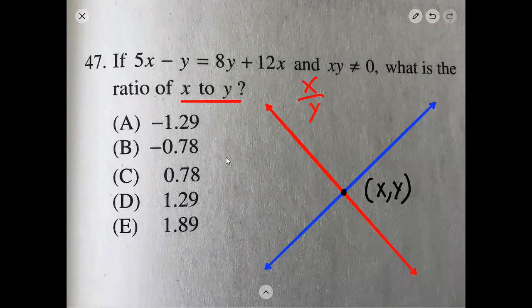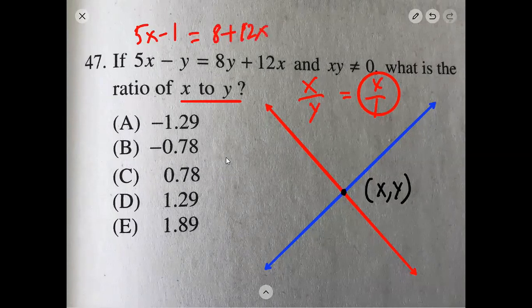Now, the way that I would do this is I would plug in a value for y, and I would make that 1, and then I would just solve for x. So here's what I would do. I would make this 5x minus 1 equals 8 plus 12x, okay? And then I would just solve it, and then whatever the value you get for x, that's going to be your answer. So again, you can do this without a calculator once you've realized that,